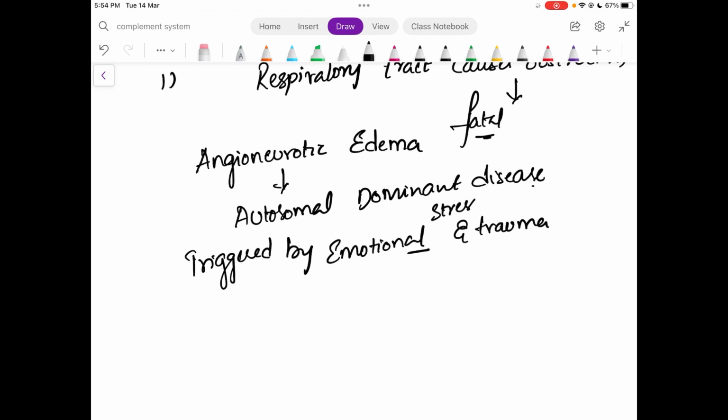Emotional stress, if you take it as an emotional stress, and if there is a trauma, then this angioneurotic edema is aggravated. Okay,